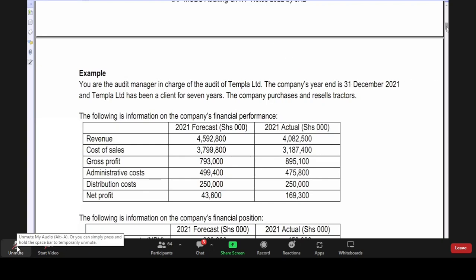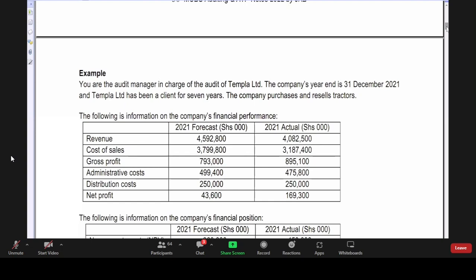So the company is basically in the business of purchasing and reselling trucks. It is also very important for you to appreciate the nature of business your client is engaged in, because that gives you an understanding on whether you will need specialists or experts. Because you may not be in a position to revalue trucks. Now, for this company, the tractors are the inventory of this business, because they are in the business of buying and selling trucks. So you may not have the capacity to revalue or to determine